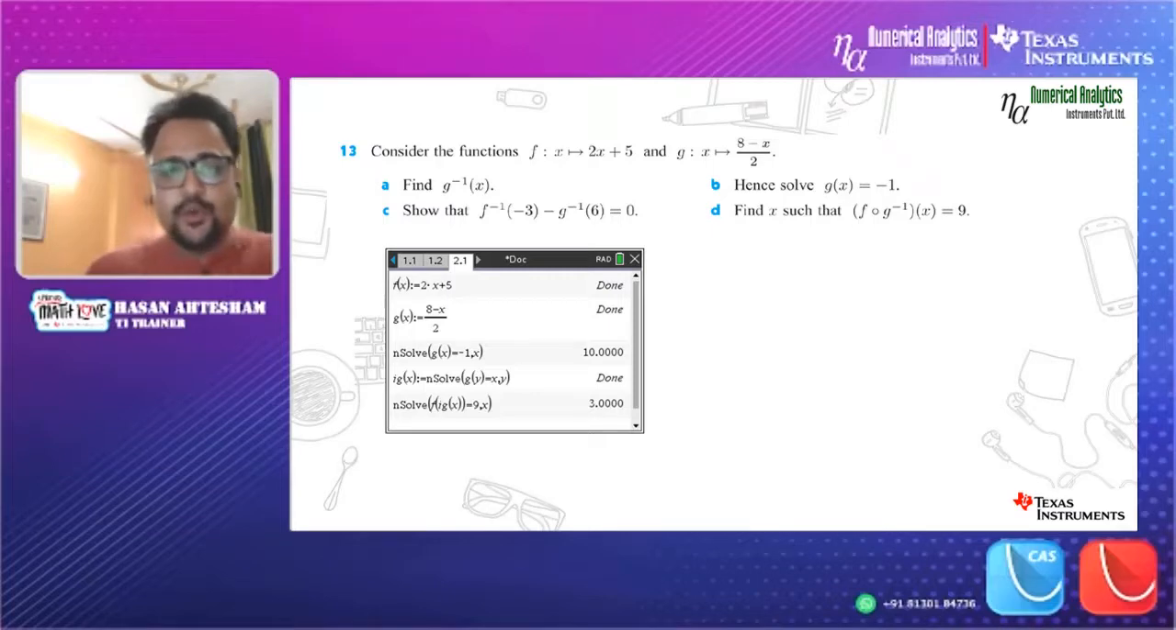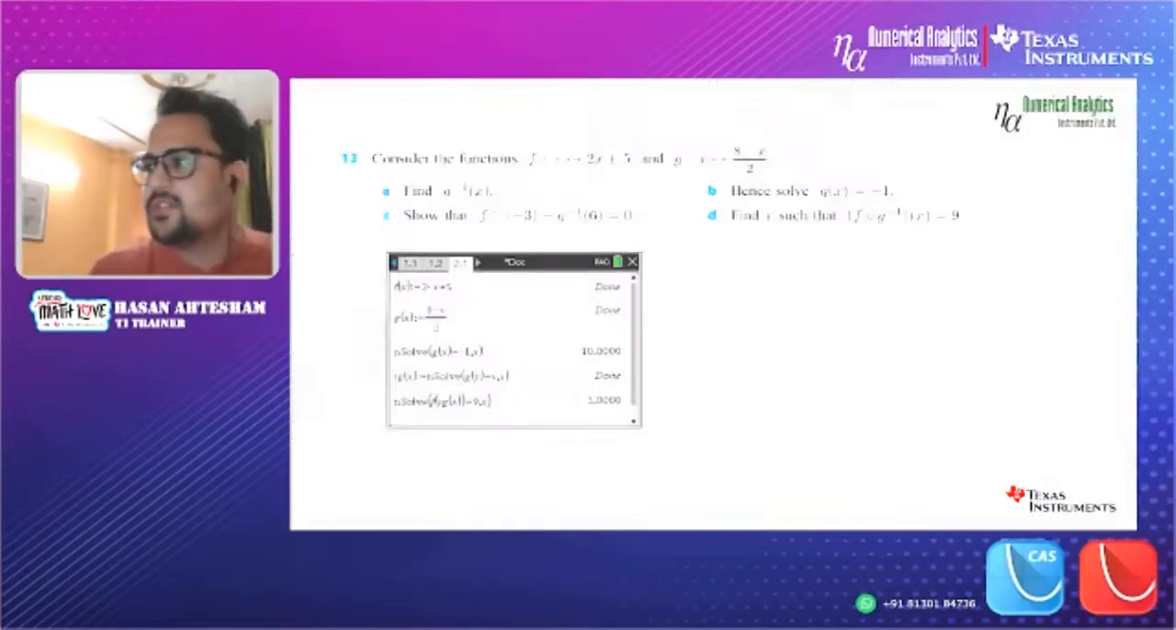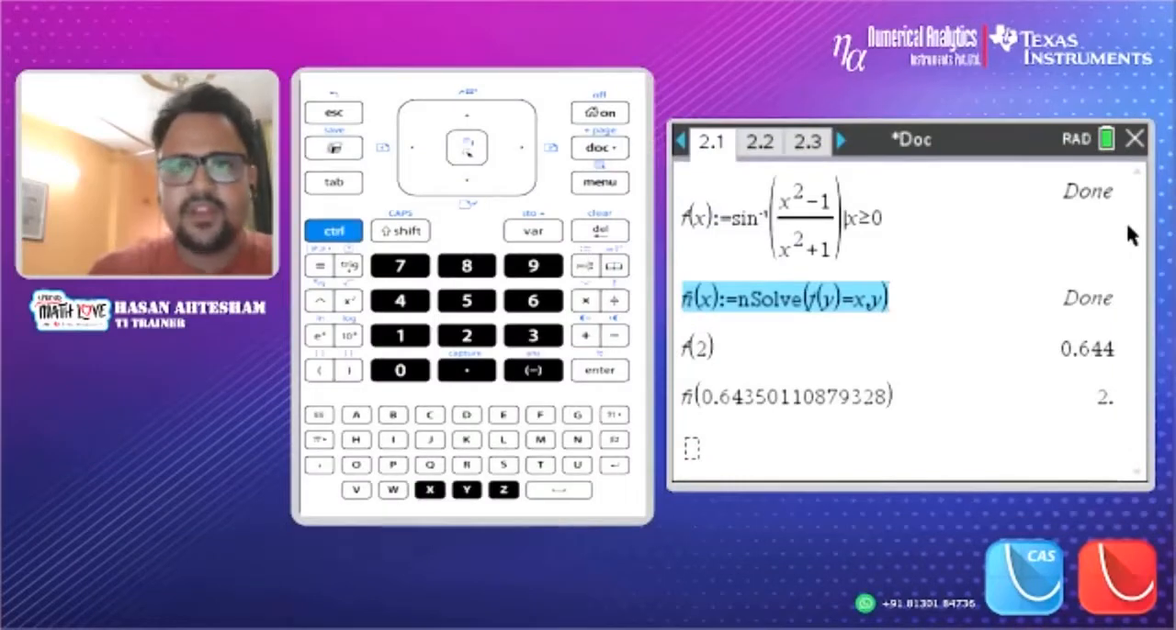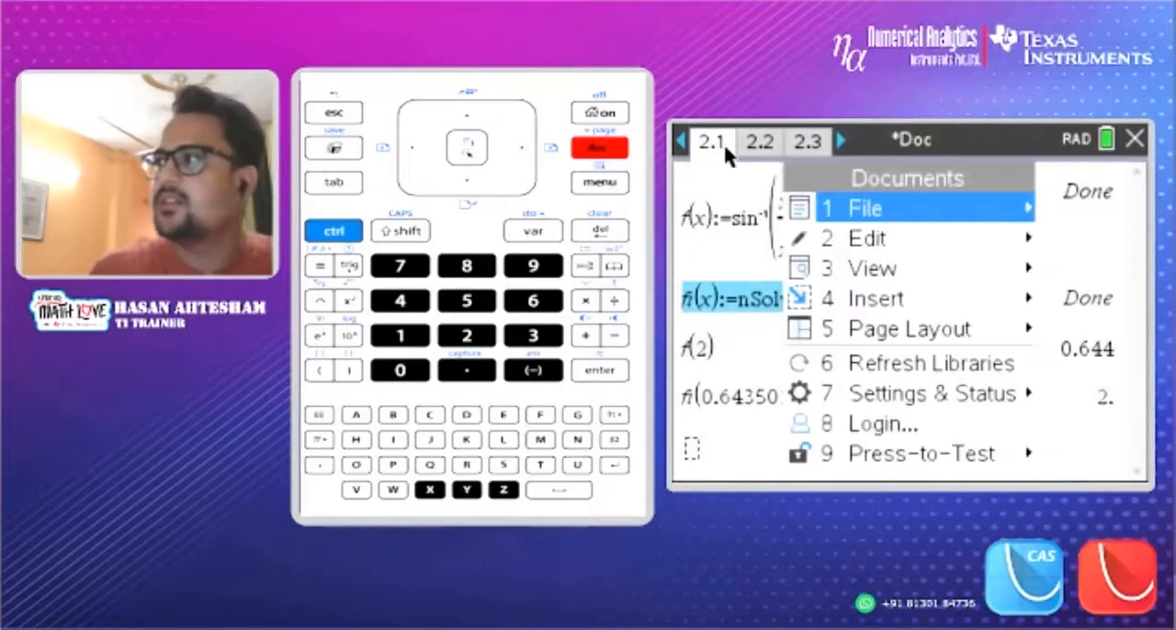So I can use the possibility of defining an inverse function, and try to find the value of f of g inverse x equals 9. At what value of x does it give me 9? So let me just do that. Let me add a new